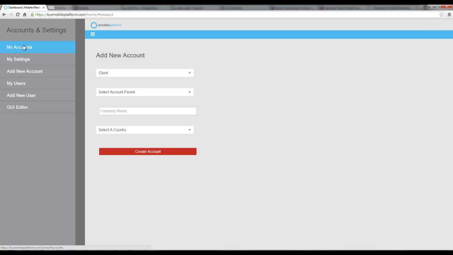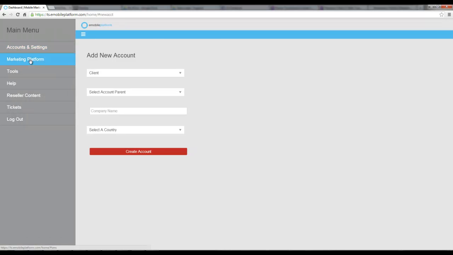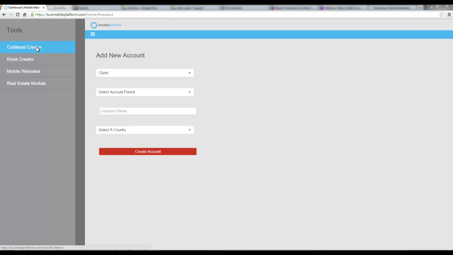So if I go in here and I'm going to go back and talk about our marketing platform, tools, help, reseller content, tickets, and I'm going to come back to marketing platform and handle that one last. First, I'm going to go into tools. We have lots of various options like the kiosk creator, the collateral creator, mobile websites and apps, and the real